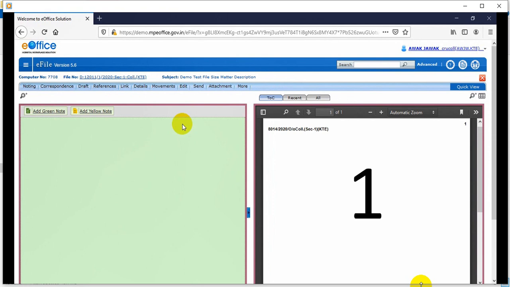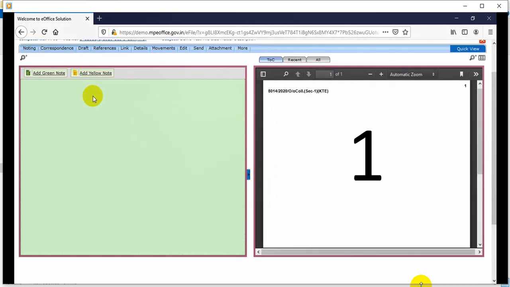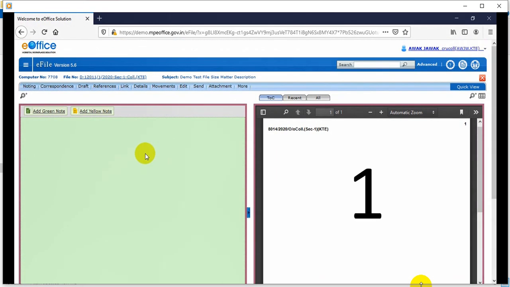On the left side is the note sheet, and on the right side related matters attached gets opened. Regarding the note sheet, we have discussed a lot in great depth. If you have not seen those videos, please go to them first so that this video will be easily understandable if you came directly to it. And if you have seen them, then you will be able to relate easily. Let's go to our main agenda.